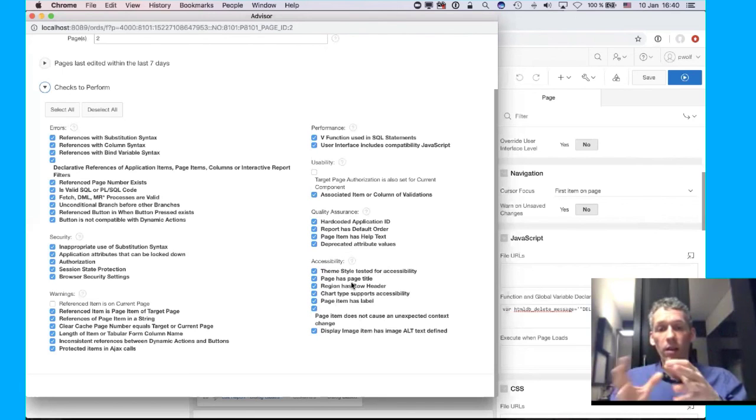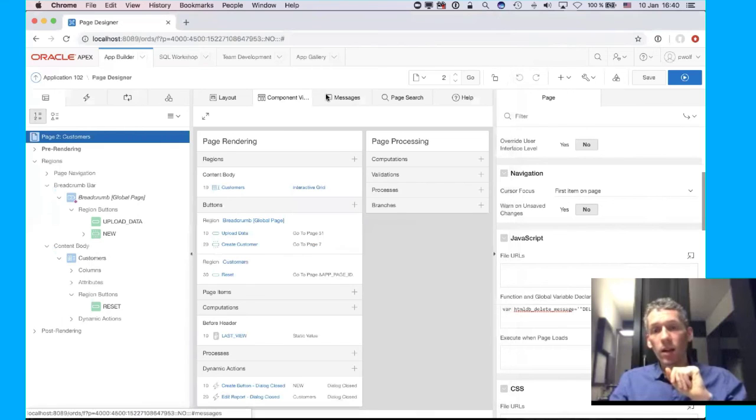And I think that should be part of your release process, to at least do a quick check with the Application Advisor. And one last area I want to highlight is that all the time when we are releasing a new Apex release,